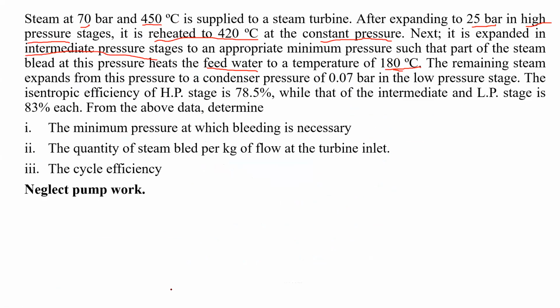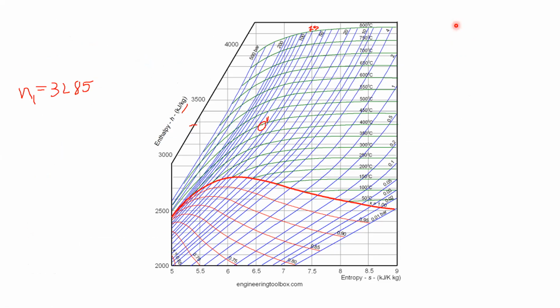Then, going to the second position, the expansion which happens in the high pressure stage, after the expansion we have a pressure of 25 bar. For this, we only know the pressure. I don't know the temperature at the second position. But in the 1 to 2 process, the expansion happens in an isentropic manner. If you look at this HS diagram, the x-axis has entropy lines. If you draw a straight line at this position,